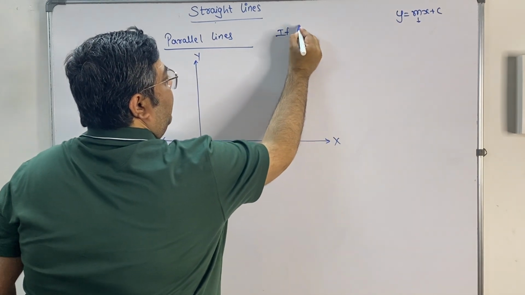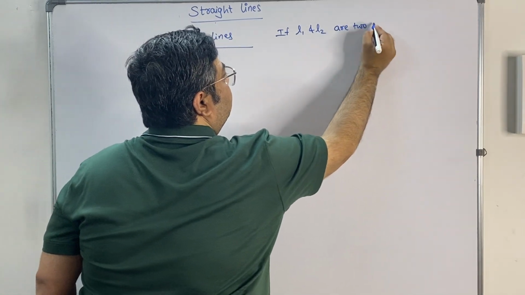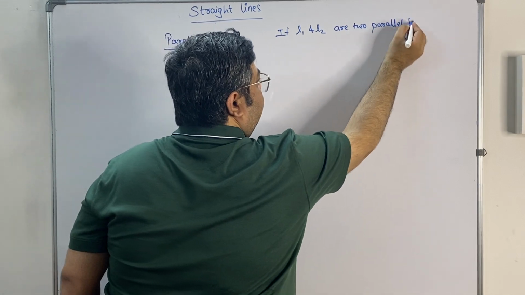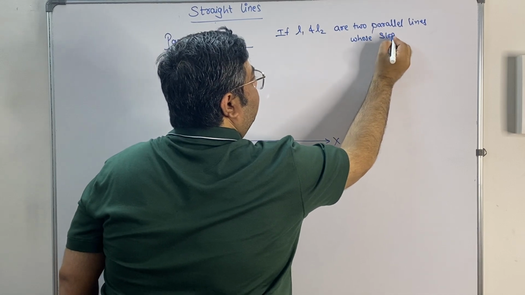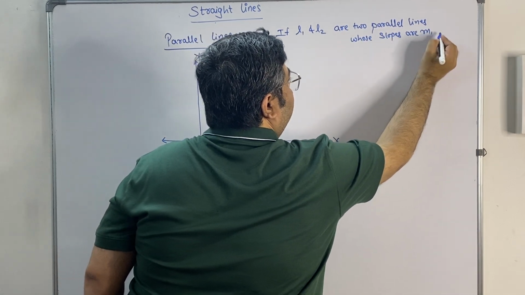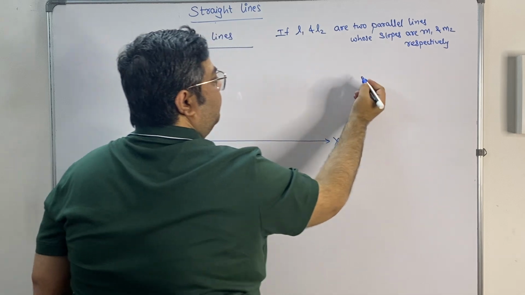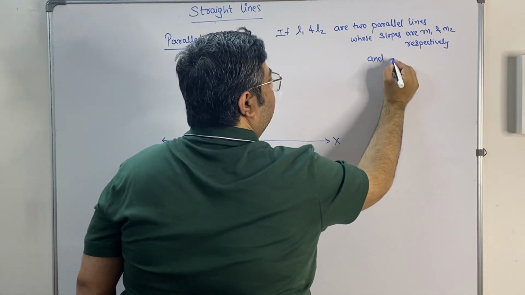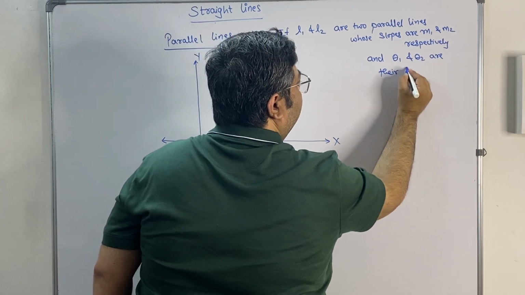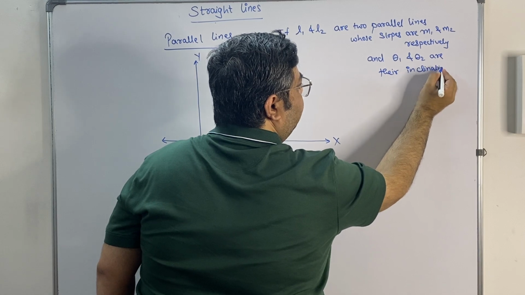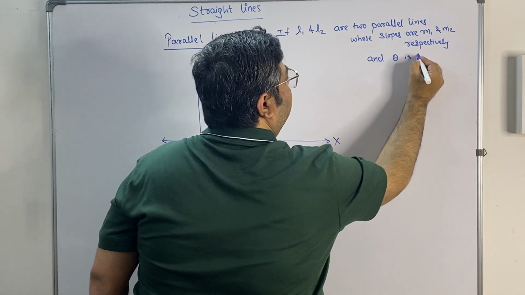If L1 and L2 are two parallel lines whose slopes are m1 and m2 respectively, and theta 1 and theta 2 are their inclinations. या हम सिर्फ इतना बोले थीटा जो है इज द inclination